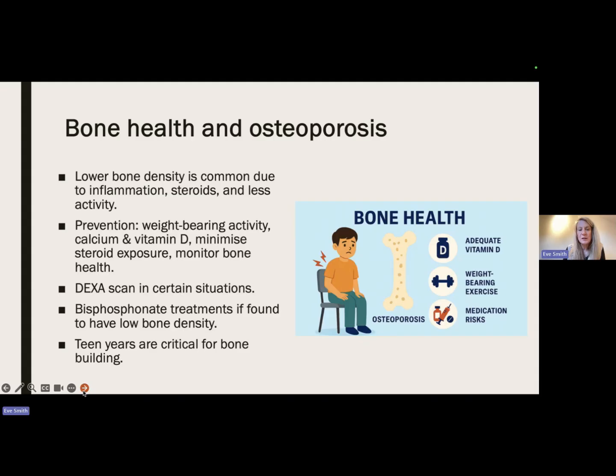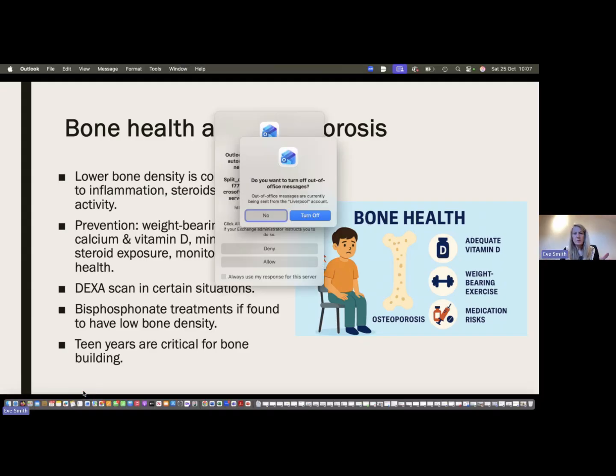If it's found to be below a certain level, there are treatments out there that can help with strengthening the bone, called bisphosphonate treatments, things like pamidronate or zoledronate, that can be used to try and treat this. And childhood is a really important time period for